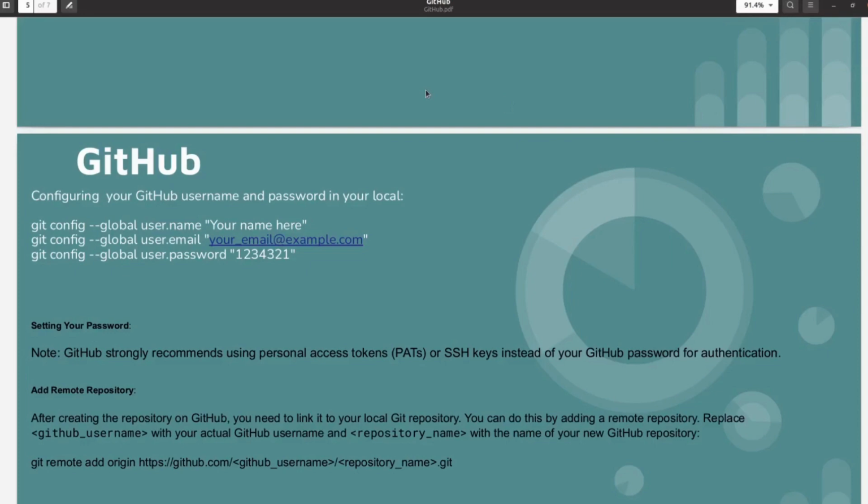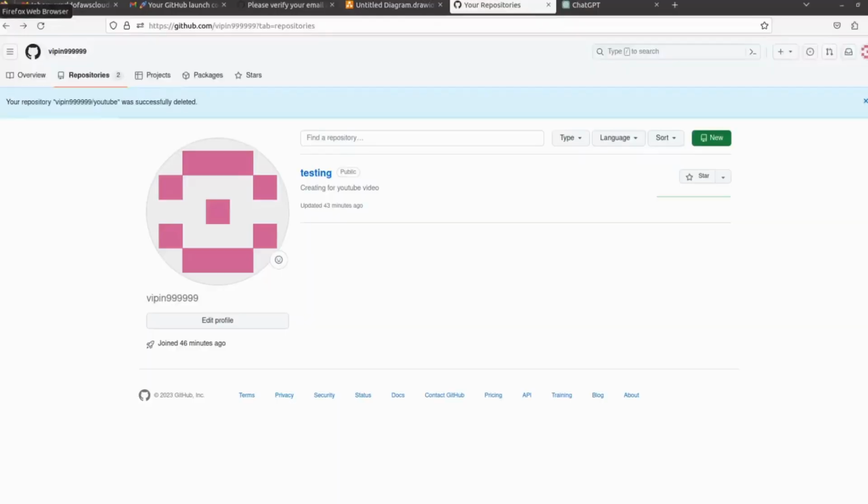So we are continuing with the GitHub tutorial, and in this video we are going to see how we can authenticate with GitHub. In order to push any commit, push any code, pull any code, and work on any other branches, we have to authenticate with GitHub. So how can we do it? Let me jump to the GitHub account console.